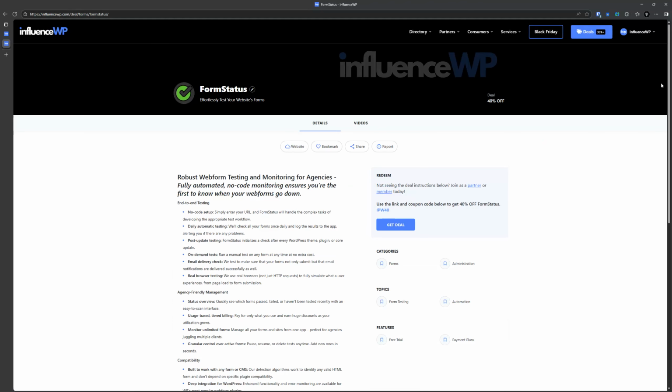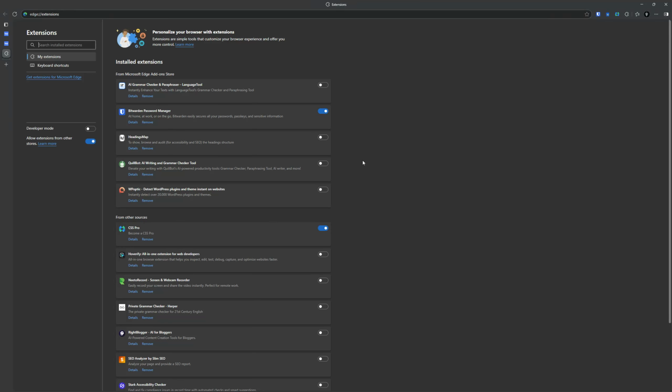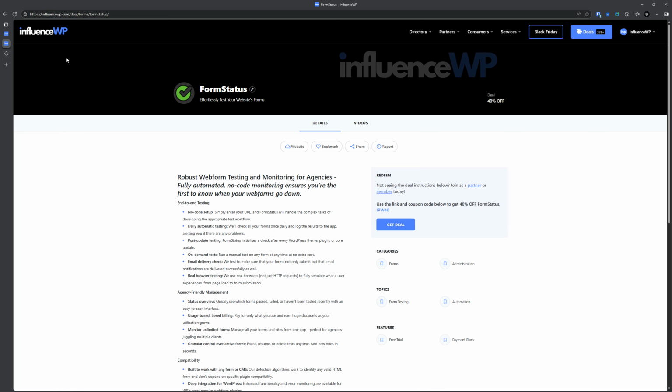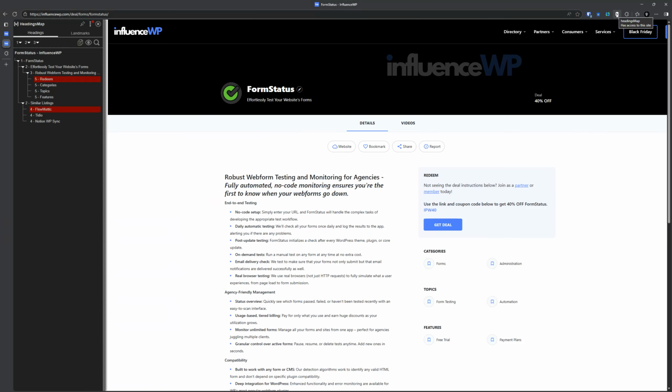and when we have these listings, let me pull up an extension here. If you're not familiar with this extension, I highly recommend it. It's a free browser extension called Headings Map. Turn that on. Let's go back over to the site and reload it. So now let me go ahead and pin that to my extensions bar there. Okay, there we go. So now when you click on that link for Headings Map, you're going to get